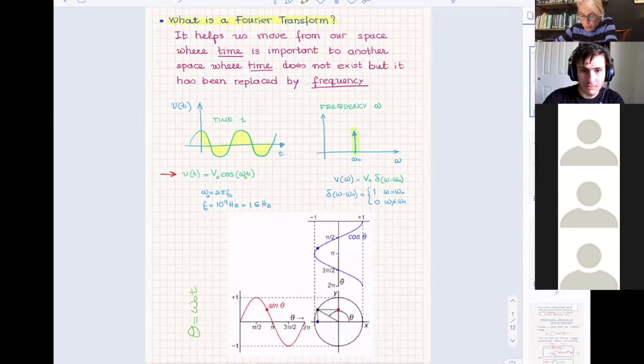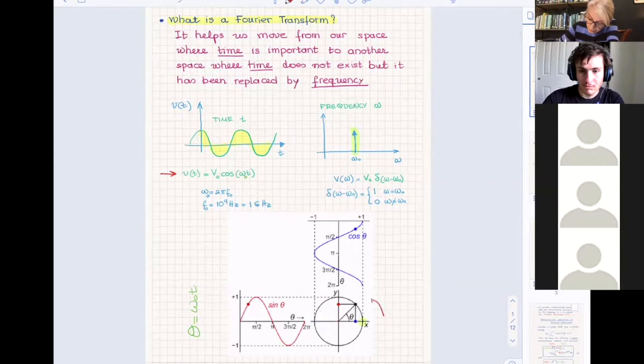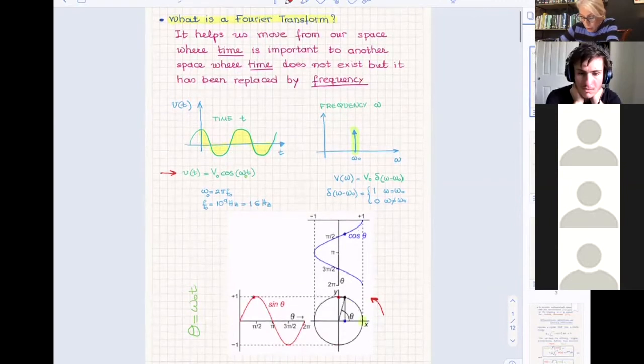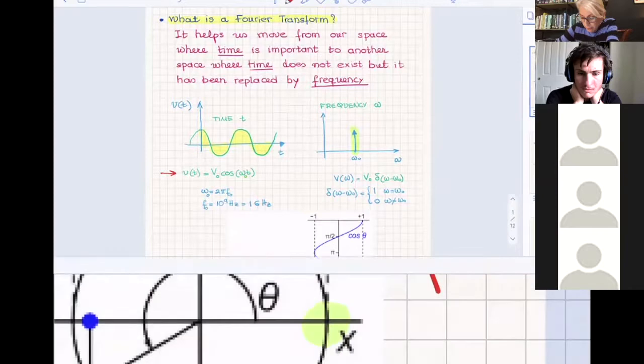So the blue one shows the phase. It starts at this point here, and then it moves around, in fact it moves in this direction, counterclockwise. And that, as a matter of fact, shows how your signal changes from +1, when you are right at this point here,